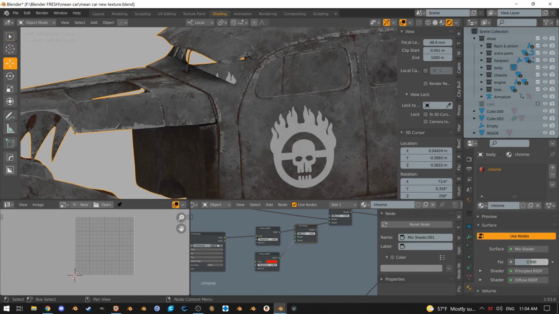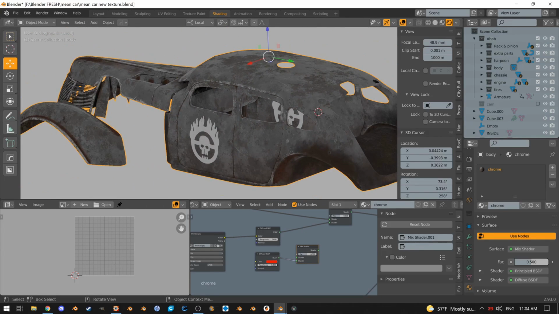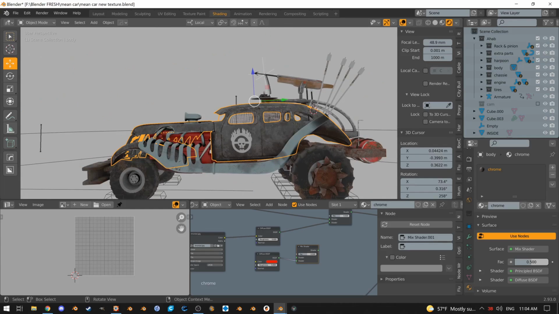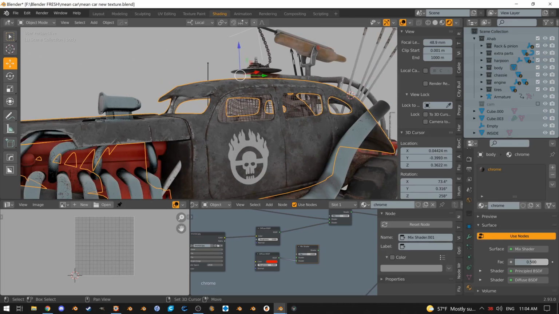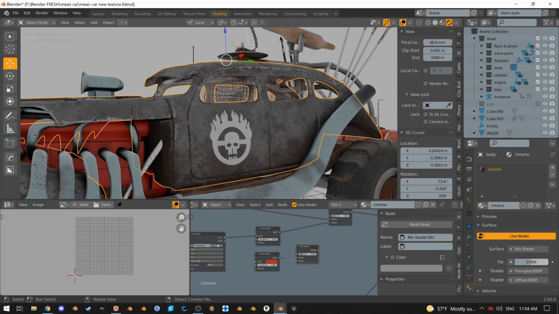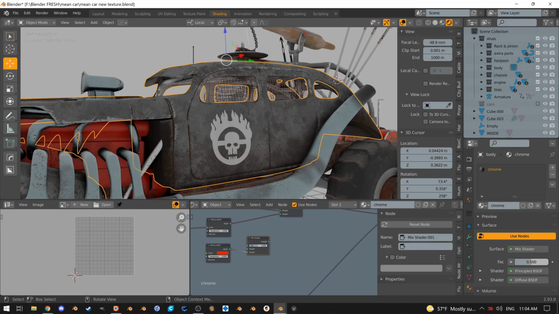Let's see if I plug it into the normal. Nope, it did not like that at all. Anyway, there is a way to make this look a little bit more raised, but I forget how you do it. The other times, if I wanted to do this as well,